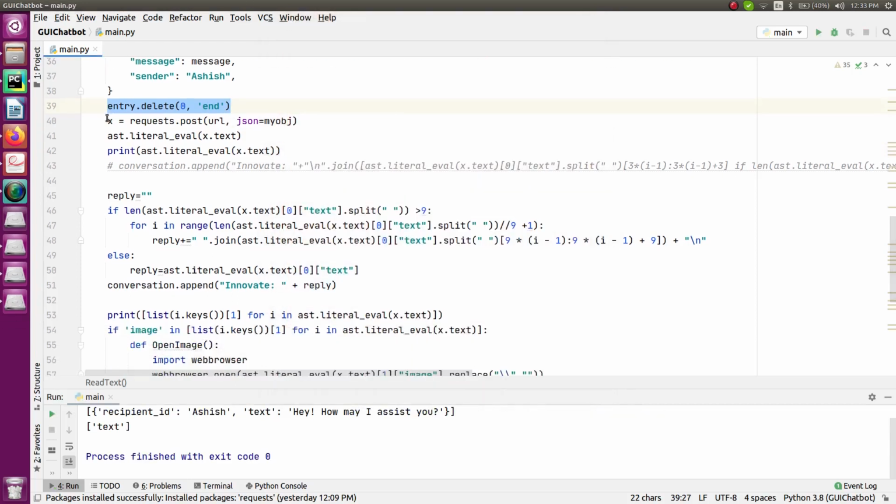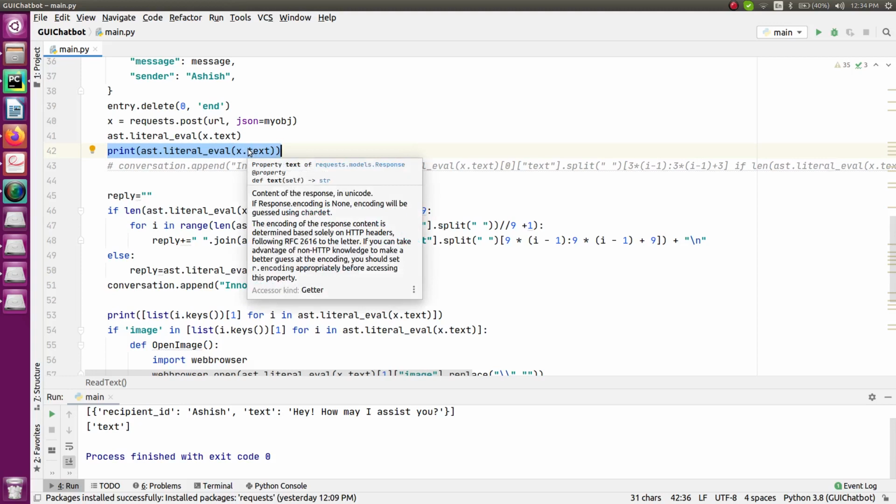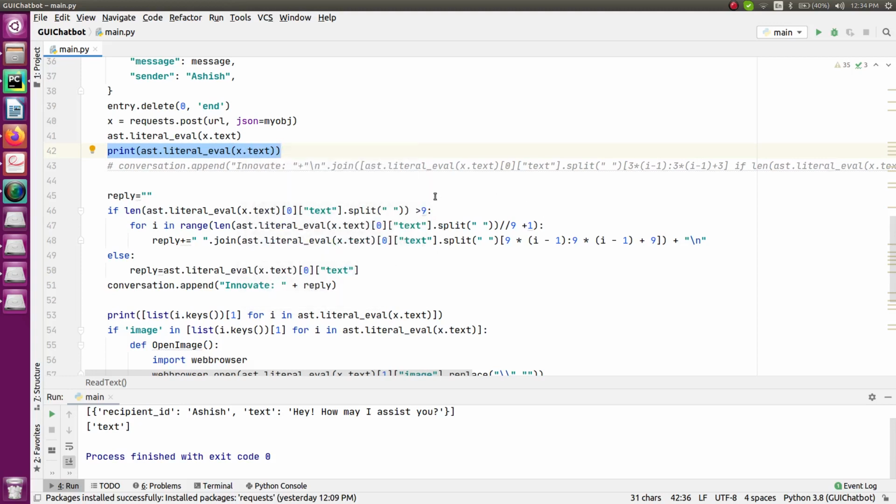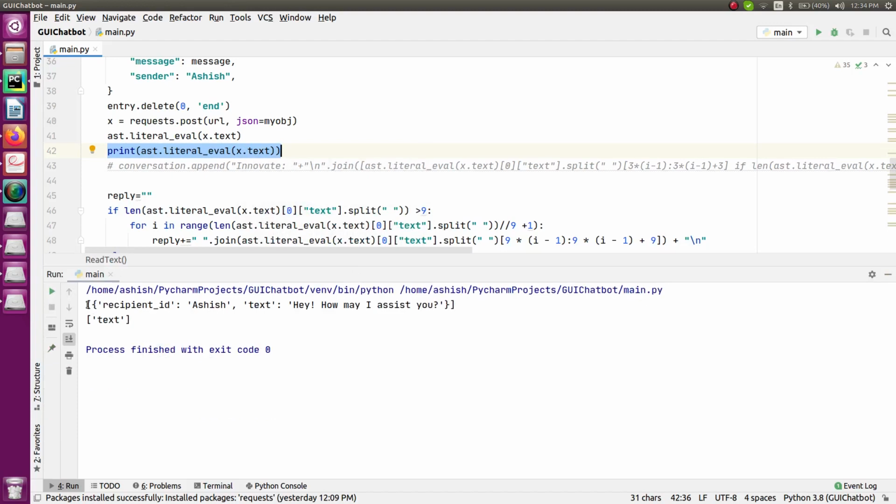And after that you're sending a post request. Based on that you will get an output, and whenever you get an output, you will see you will get an output in the form of a string. So I don't want the output in the form of a string. Instead, I want the output in the form of a dictionary, list, or whatever form we are having it, right? So you can see this is a message that I will get after you call this part, x.text. So this is how we are going to do it, but this complete message will be in the form of a string.